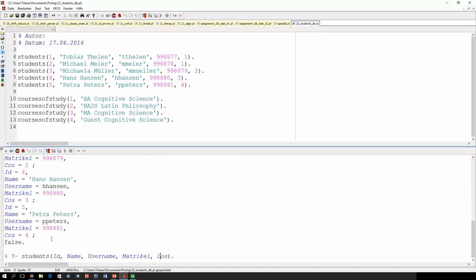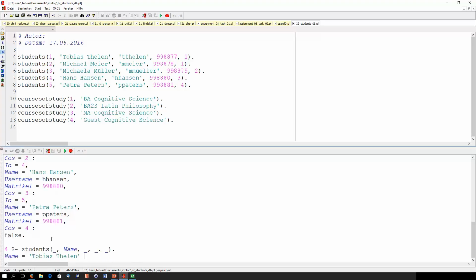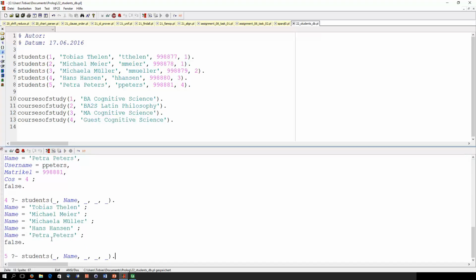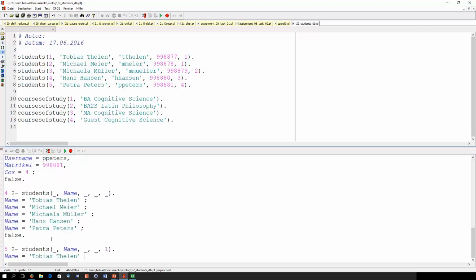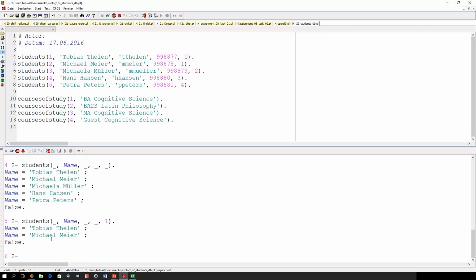If I only want to have the name, that was the second SQL query we had, I could choose anonymous variables for these values. Oh, I wanted to have the name, not the username. And then, as you know, I only get the names. Great. So now I want to have the bachelor cognitive science students. I could include the value here. So it's even more direct than in SQL. I don't have a where clause. I can just use unification to put in the values I want. And the other thing, I want to use the ID,